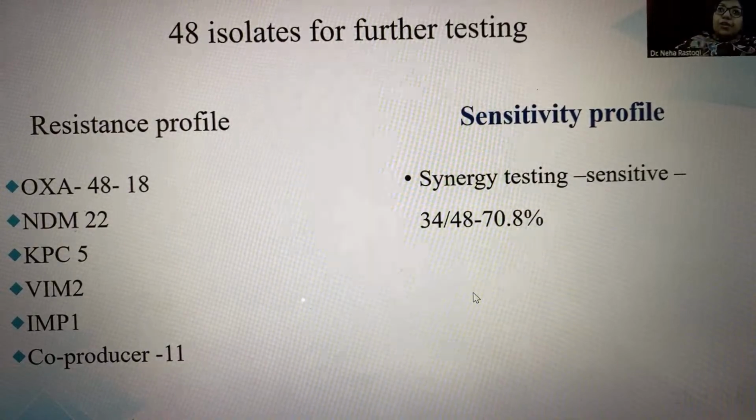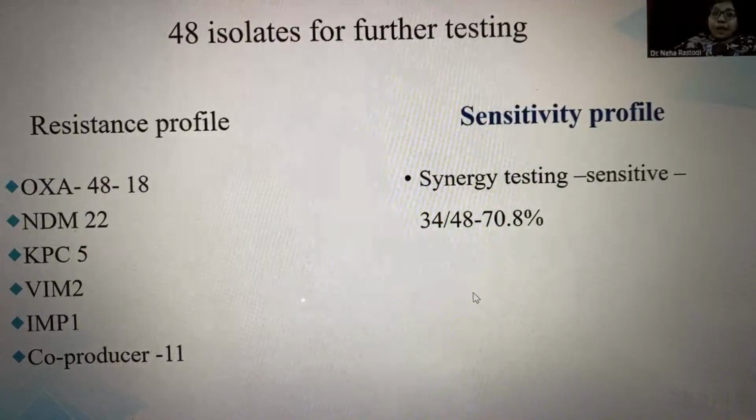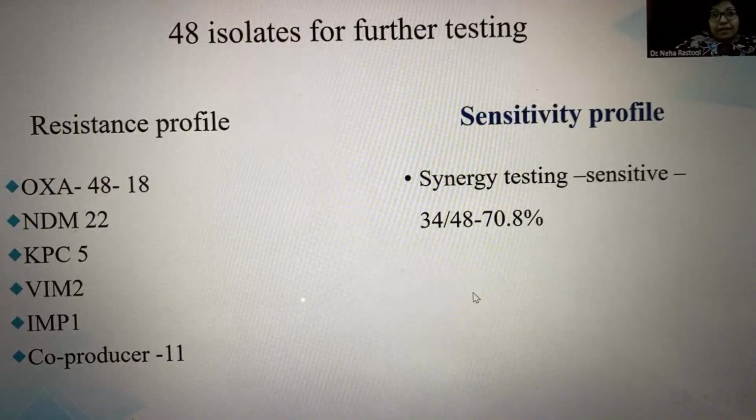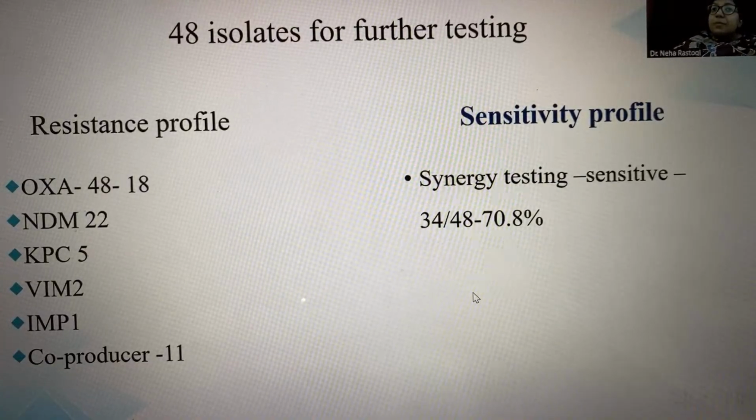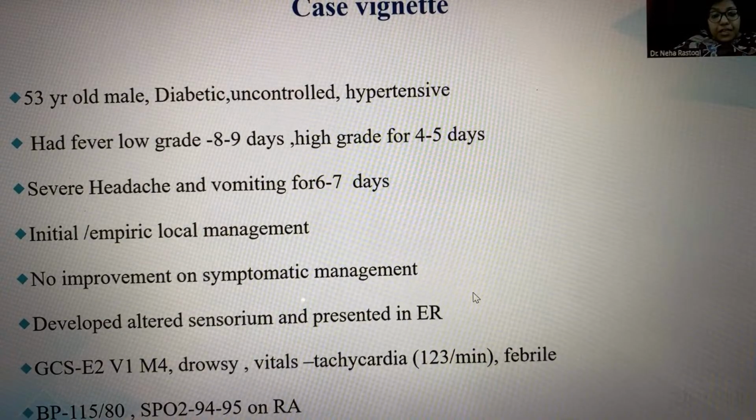And then when we switched to a drug-based dilution testing system, which is still a gold standard for synergy, the results were much better, but still in the current resistant era, we are only getting 70% of the synergy being sensitive. Now moving on to the next step, this is a patient who is 53, diabetic, uncontrolled,